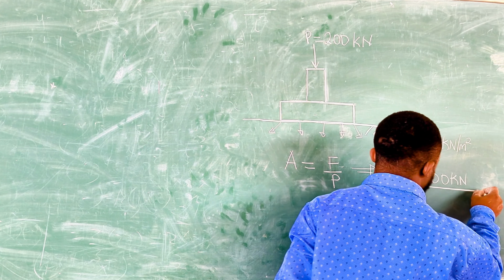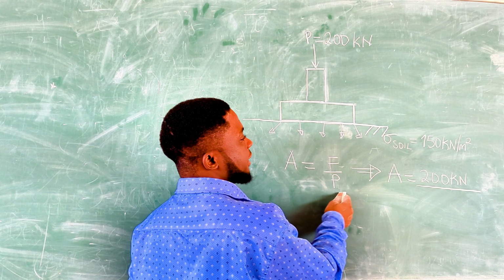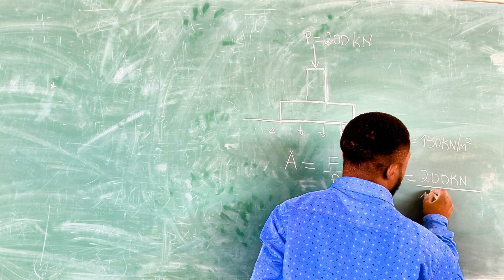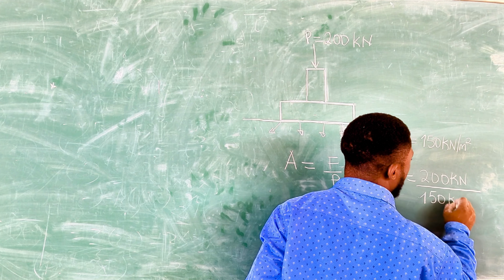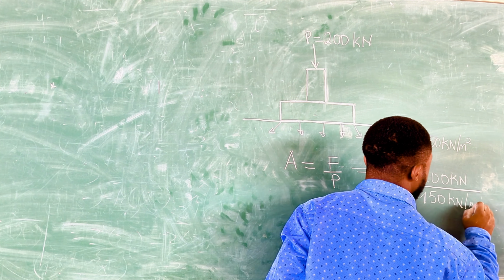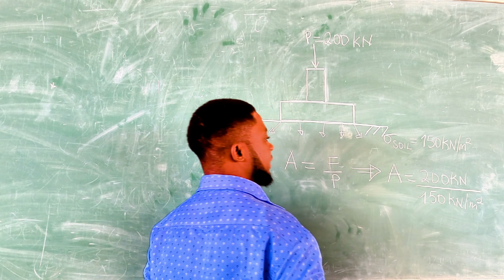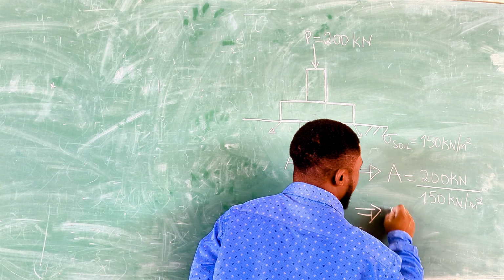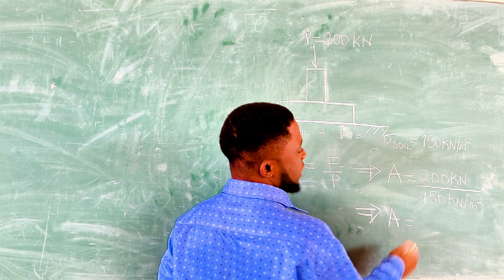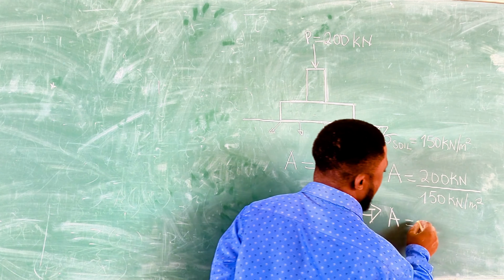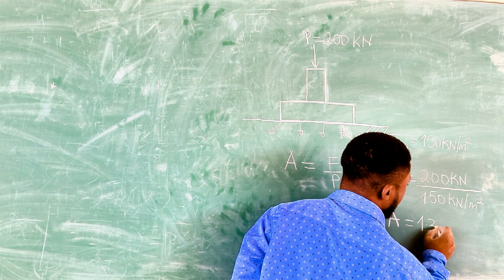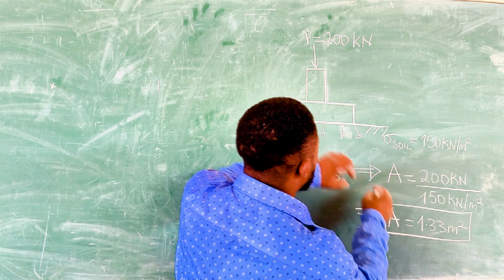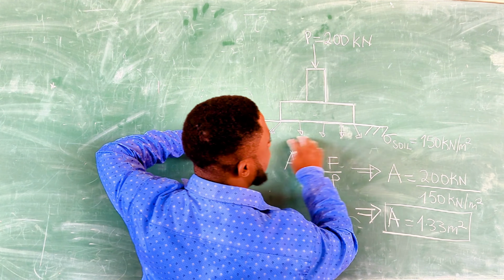We are going to divide it by the pressure that has been given, which is the soil bearing capacity, which is 150 kilonewton per meter square. Then this will imply that our area will be equal to, if you divide 200 by 150, you will have 1.33 meter square, which is